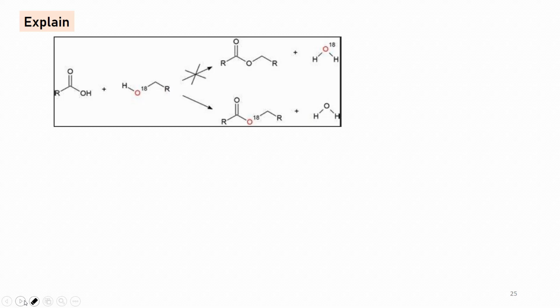So they asked to explain why not this one. Why? So they have marked this oxygen. This is just normal ethanol. It's a normal ethanol type of reaction where this oxygen is marked. So they have asked why we are not getting this one